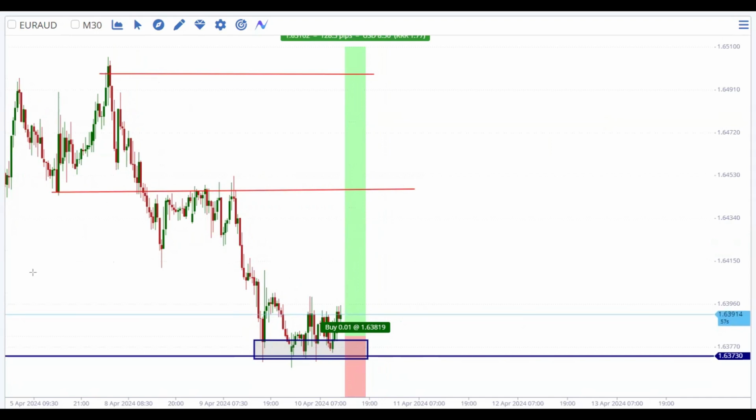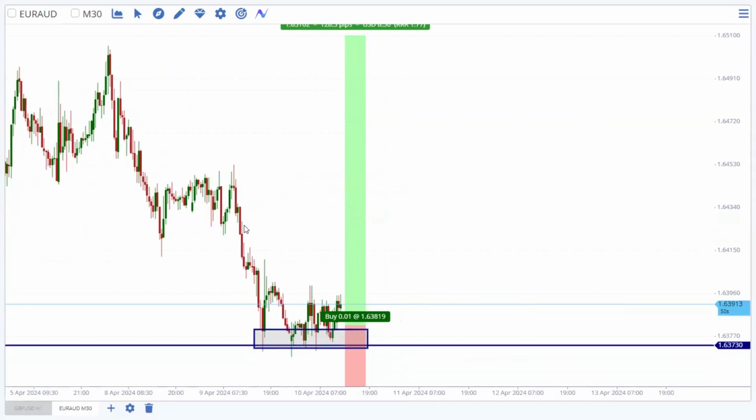So that is Euro AUD, very clean trend, a downtrend on the H1, and we are looking at a potential correction, right? Correction. So that is really the